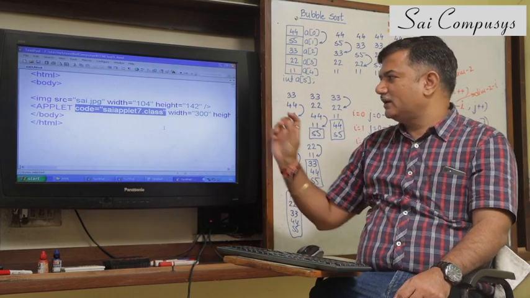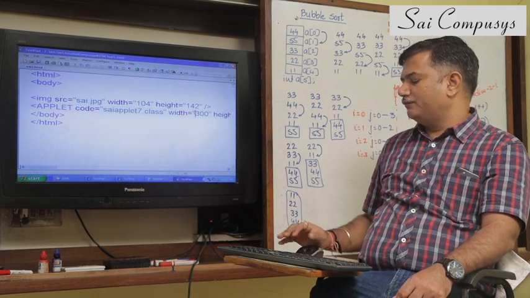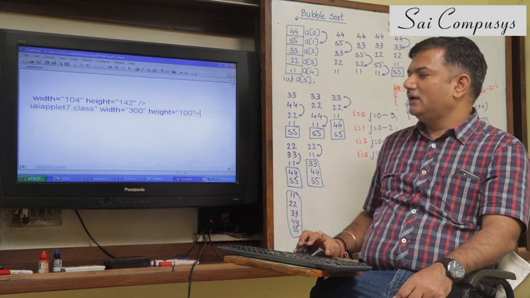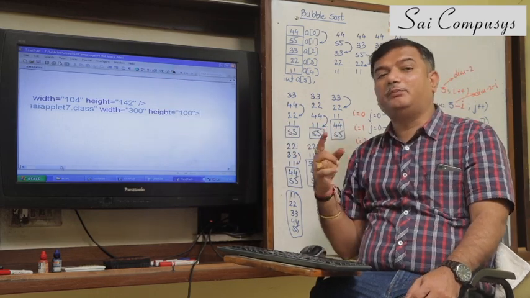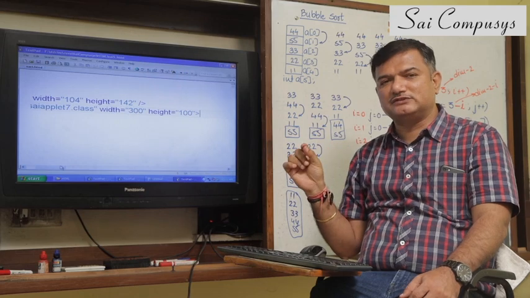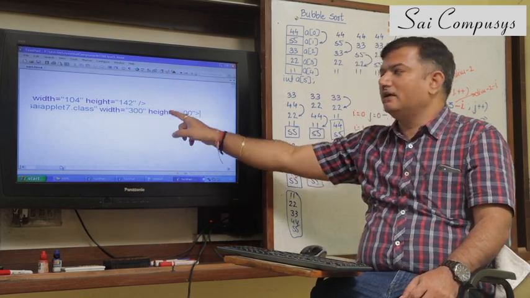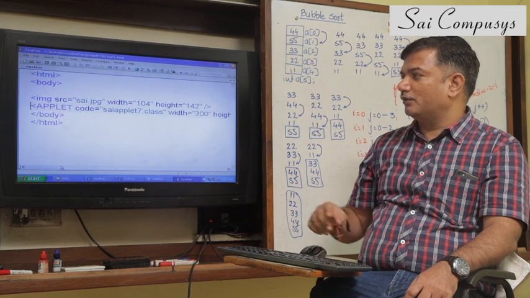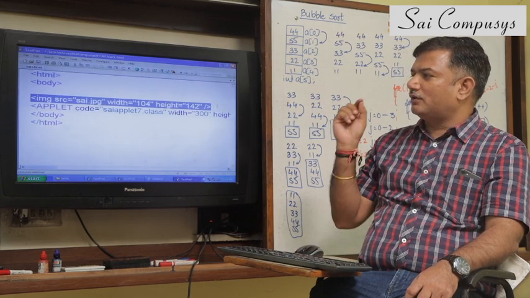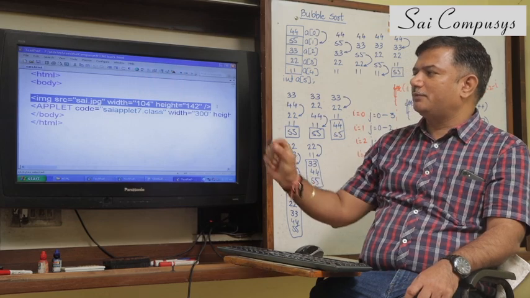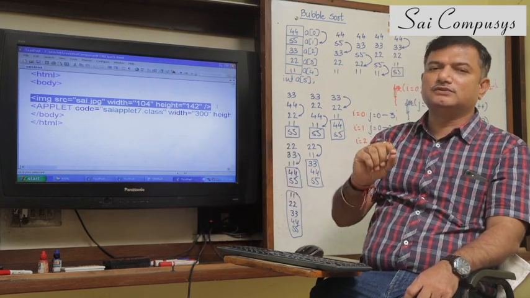So I specified the class name and again the width and the height of the applet. This is the width and height that we use in the applet program, Dimension d equals size. This is the width and height that it gets into the applet program. So as you can embed an image into your HTML page, similarly you can also embed an